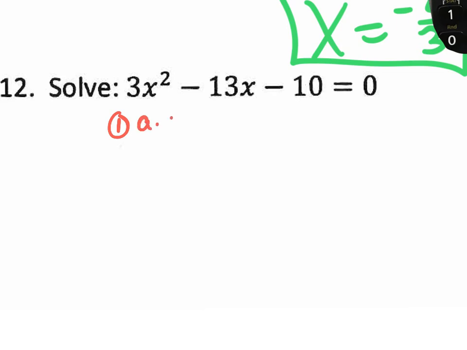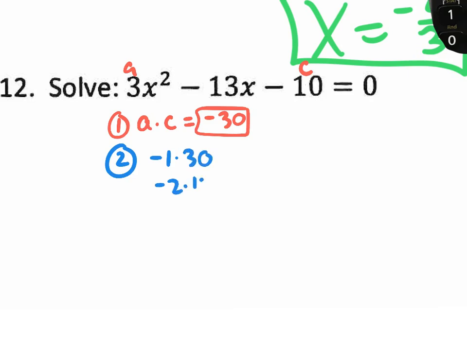Step 1 is to multiply a times c. A is 3, c is negative 10. I get negative 30. Step 2 is to think of the multiples of that answer, negative 30, like negative 1 times 30, negative 2 times 15, negative 3 times 10, negative 4 doesn't work, negative 5 times 6. Those are all the possible ways of getting negative 30. And you want to see which pair of numbers combines together to give us the middle value, b, which is